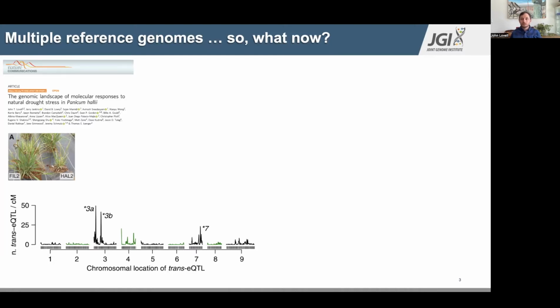We took two genotypes, the HAL2 genotype, which is extremely drought-tolerant, and the FIL2 genotype, which is less drought-tolerant but grows much faster, and built whole genome sequences and annotations for these. We then crossed these, produced an F1 that then was selfed to produce an F2 population, which we could use for genetic mapping. Shown below is a profile of the number of genes that are affected by trans-regulatory elements across